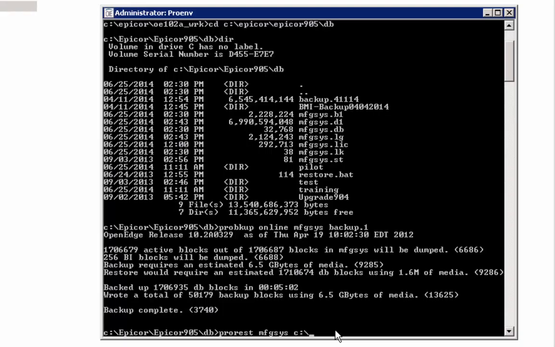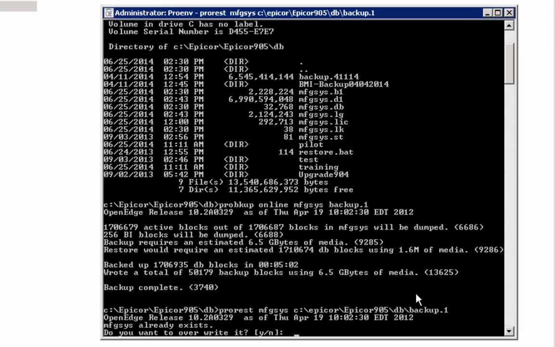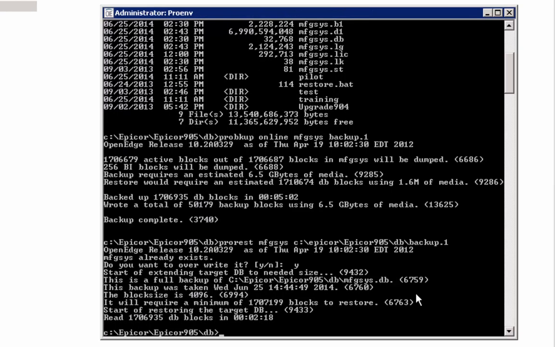C:\epicor905\db, and the name of our backup, and we can see, is backup.1. I'm going to hit enter, and it's going to say that it already exists. Want to overwrite? The answer is yes. And we're going to see the restore now. And we're done now. The restore was faster. Only took 2 minutes and 18 seconds. And that's a restore done